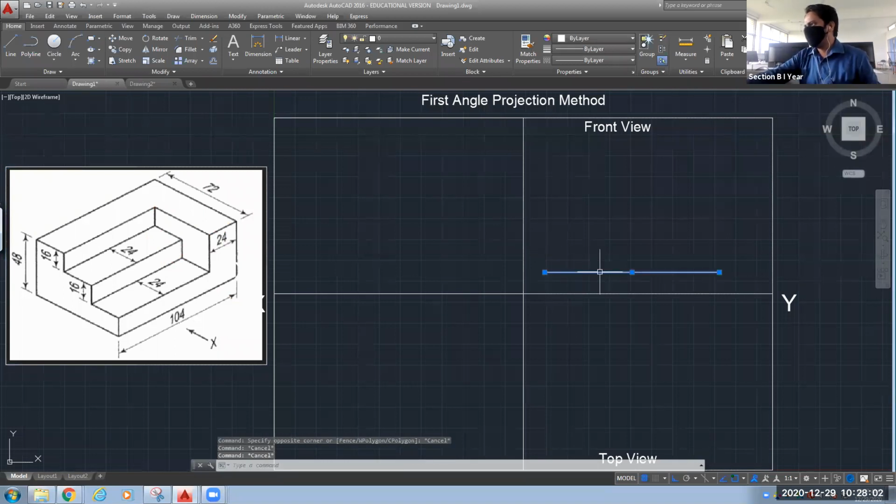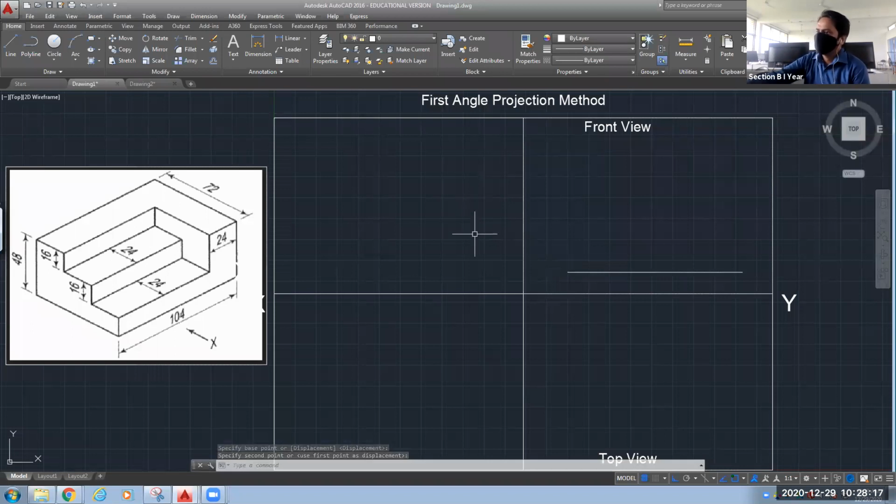Now, I will move this line. So here we will draw the front view. Now this portion, the height, this line we will draw, and it is of 48. So let's take a line. The first point will be this one. I need to go in the vertically positive direction of length 48.